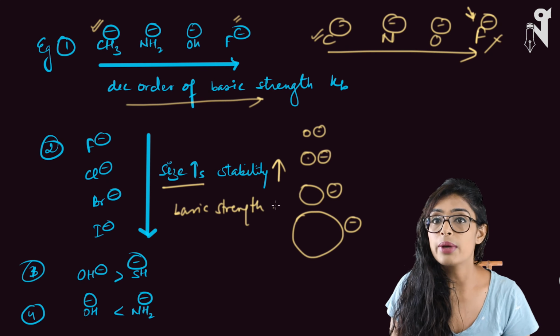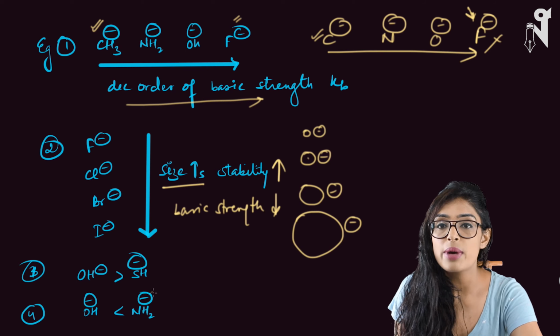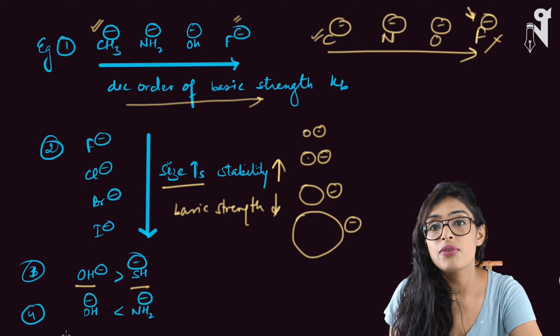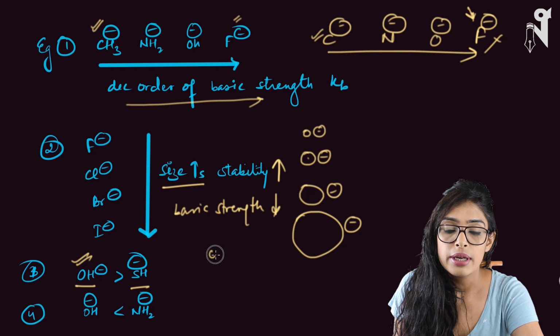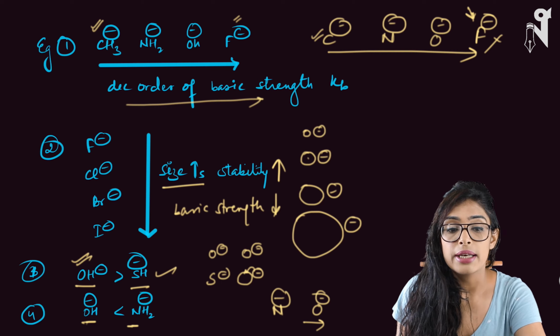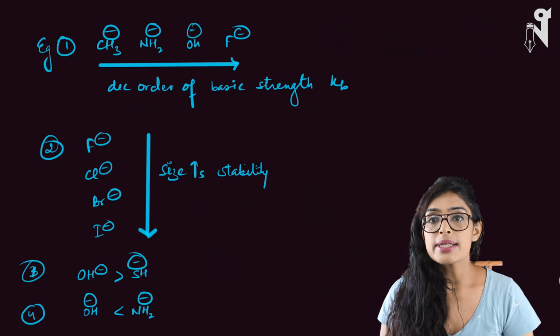Okay, so now if we compare some species, if I have to compare the basic strength of OH minus and SH minus, what do you think? Which one will be the better base, or where will the Kb value be high? For OH minus, the Kb value will be high because O's size is smaller, S's size is bigger. This is small, this is big, the negative charge is nicely distributed, it would not like to give it away, a weaker base, right? In exactly the same way, if you compare OH minus and NH2 minus, N is here and O is here in the periodic table, so O is more electronegative. If it is more electronegative, it would not like to give away its negative charge density, and hence NH2 minus is going to be a better base. So this is how exactly we compare the basic strength.